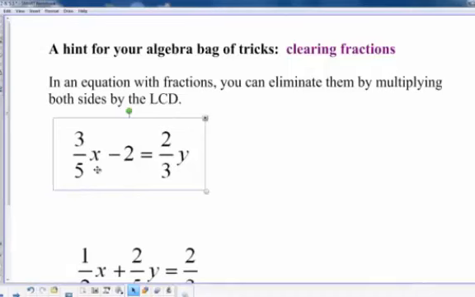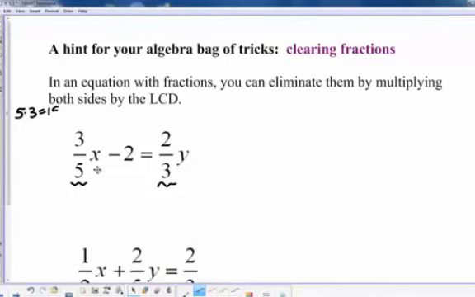All right, if you have an equation like this, those fractions are unnecessarily problematic. So if you think about your least common multiple, that means what could we multiply this by to get rid of both the 5 and the 3? And 5 times 3 is 15. So if we multiply this whole thing by 15,